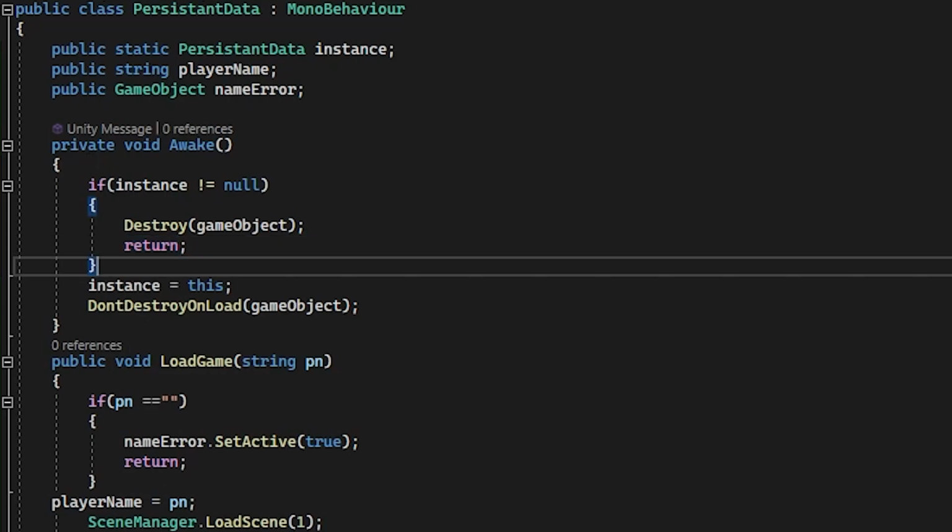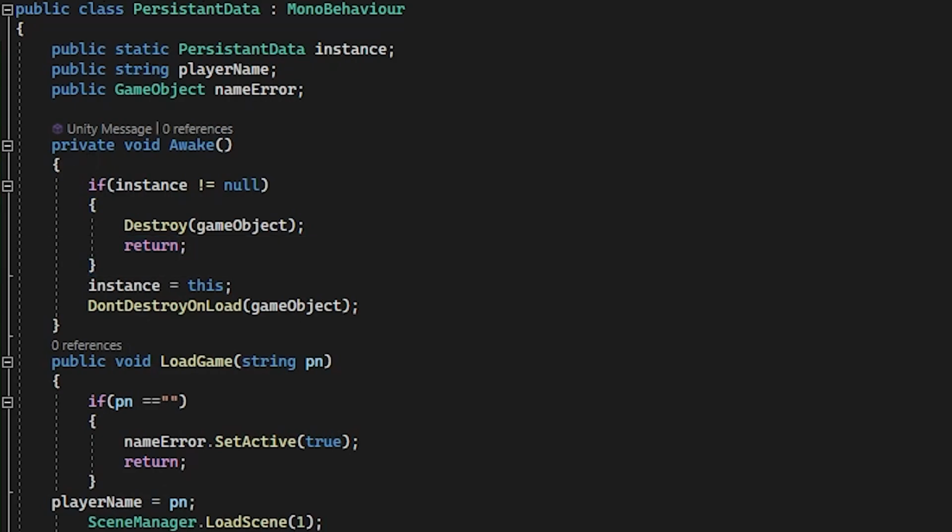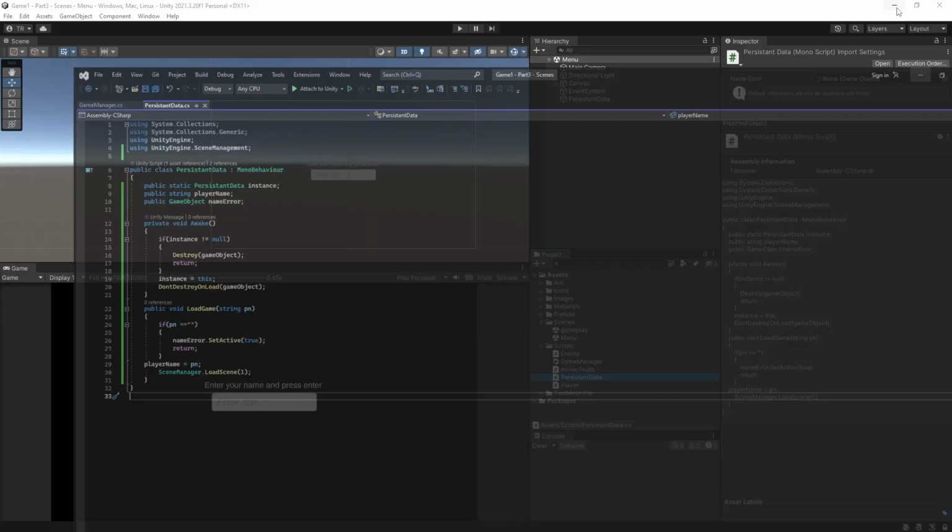So now when the menu loads, the if statement is saying if the instance already exists, i.e. not null, then destroy the duplicate and return. If the instance doesn't exist or is null, then the script will bypass the if and run the code underneath. Alright, let's save this